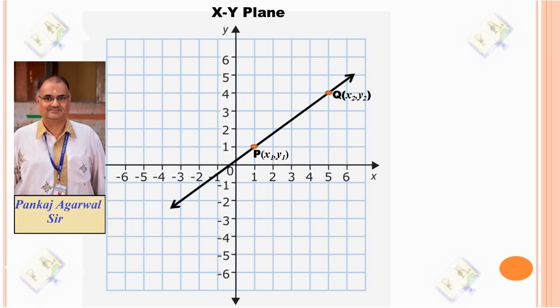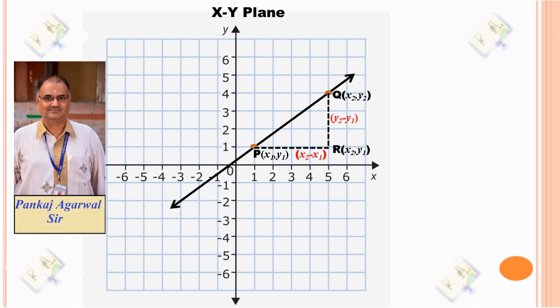Again, draw a line passing through point P parallel to the x-axis and draw a line parallel to the y-axis passing through point Q. This time the point of intersection will be (x2, y1). Now consider points P and R. Again, here the y coordinate is the same but the x coordinate is changing. Therefore, the distance from P to R is x2 minus x1. Let's consider the points Q and R. Here the x coordinate is the same but the y coordinate is changing. Therefore, the distance from Q to R is y2 minus y1.